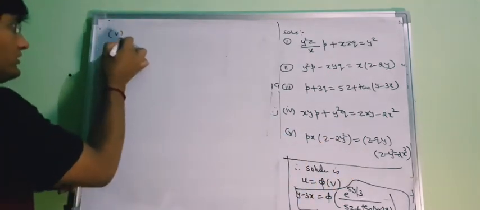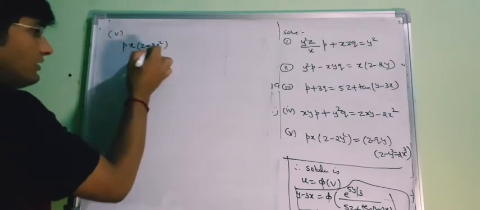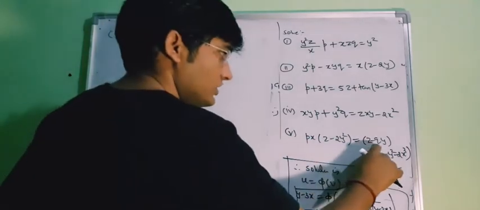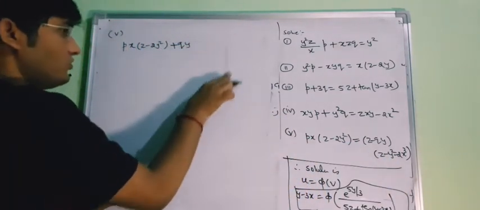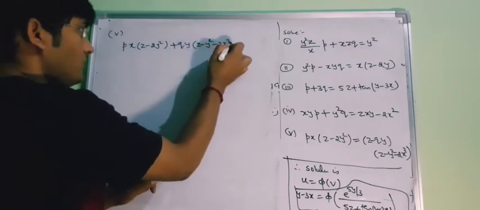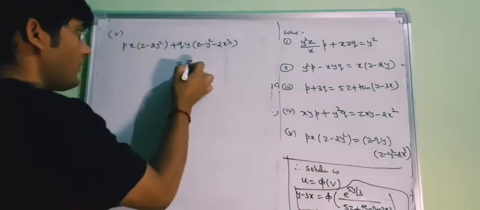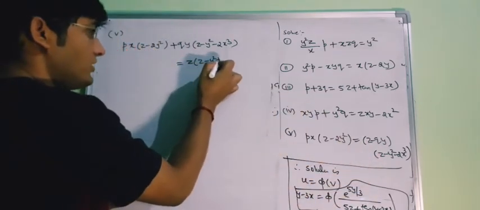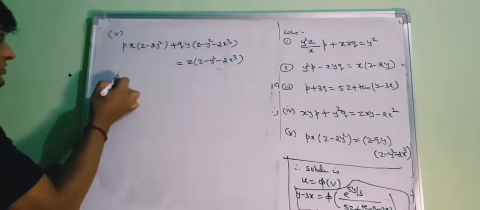So fifth part, this will be p into x minus z minus 2y square, then we will have q into this term. So on taking it on the left hand side, we will get q into y, then we will get z minus y square minus 2x cube. Then in the right hand side, we will have z into this term, z minus y square minus 2x cube. So your auxiliary equation will be